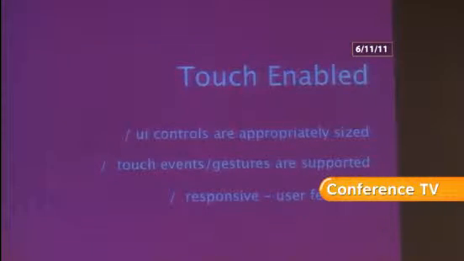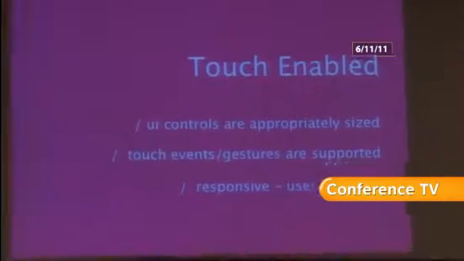So working with this kind of thing, there are two big differences between touch-enabled and touch-optimized, right? Huge difference, and people kind of forget about those kinds of things. Enabled means that you're kind of accounting for it, so your controls are appropriately sized. That doesn't mean it's optimized for touch, because you're building something, but you're not taking advantage of necessarily the form factors.